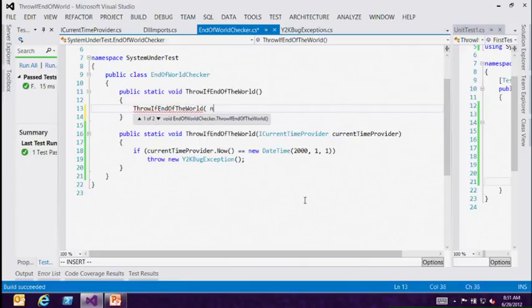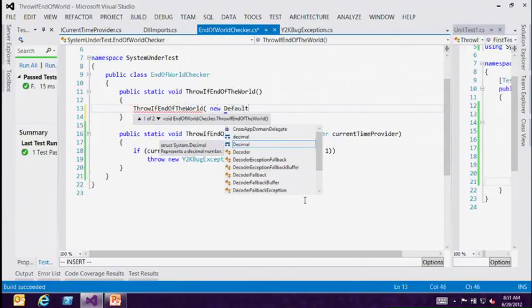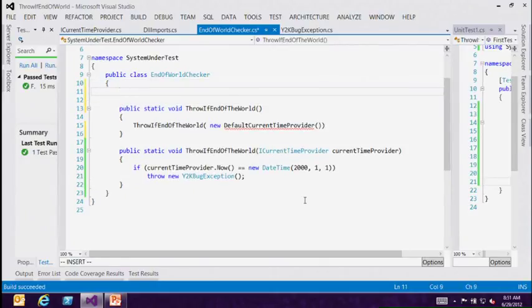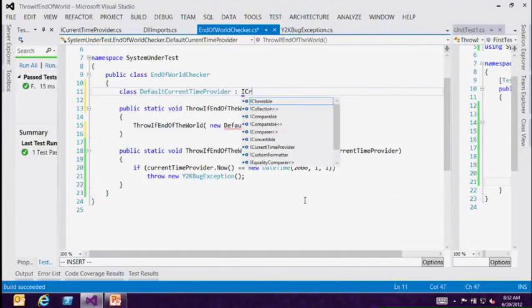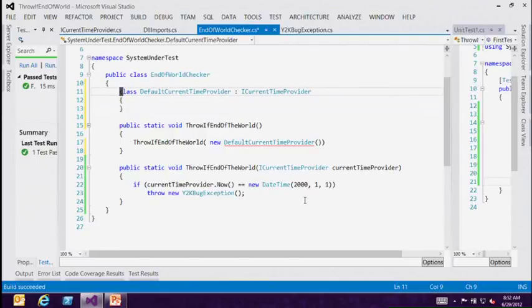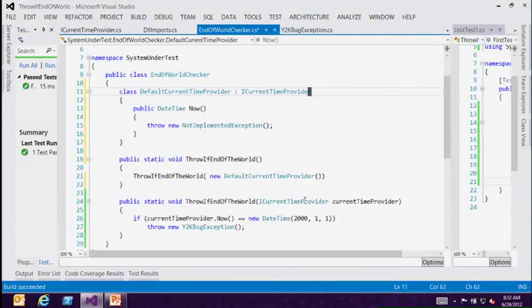And I'm going to provide a new default current time provider. Now, that type doesn't exist yet. And since it's going to be a default implementation that is only ever used right here, I'm going to implement it right here. Okay? And here is now where I can introduce